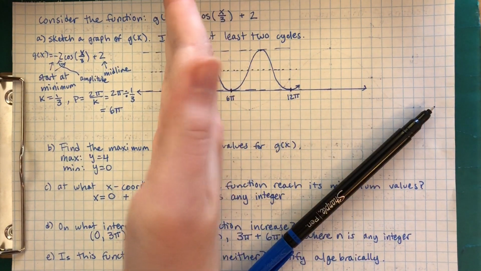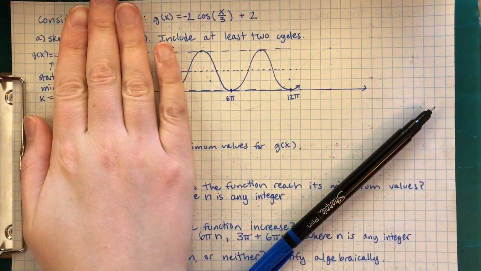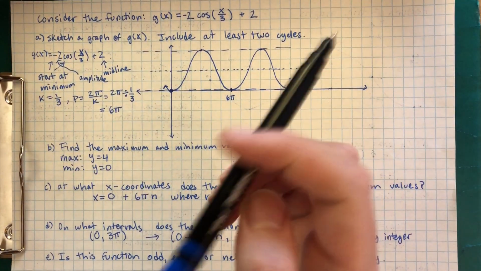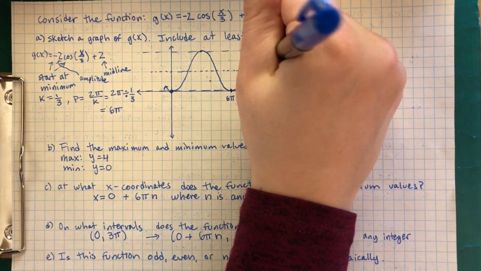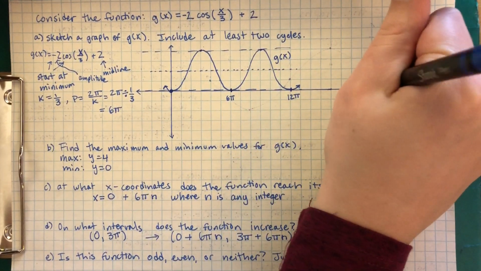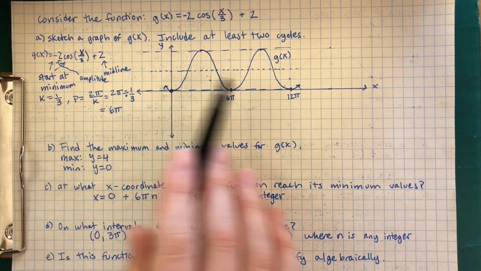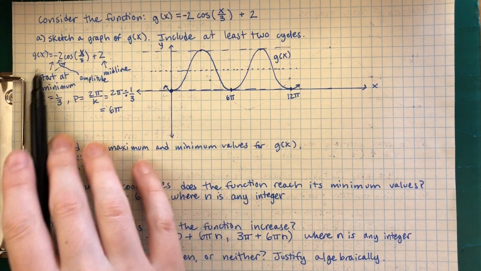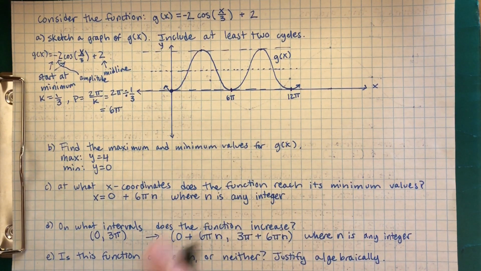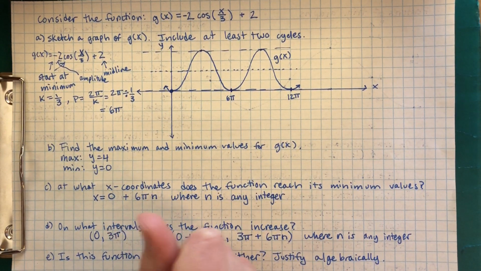If we were to take this wave and flip it over the y-axis, we would get, let me label this, we would get the same shape. It would follow the same shape over here and the same shape over here. So this is even,